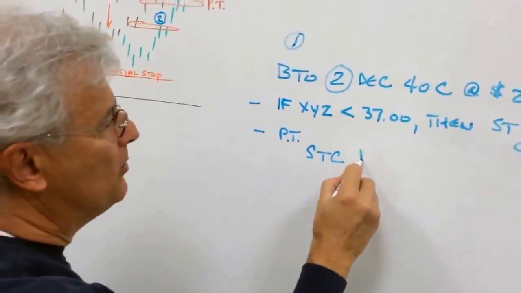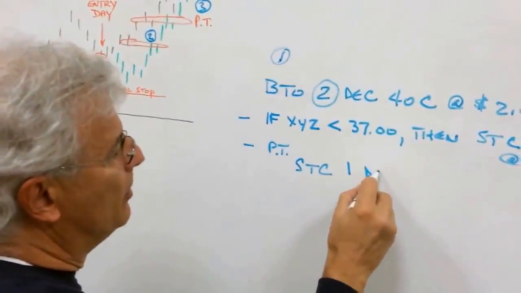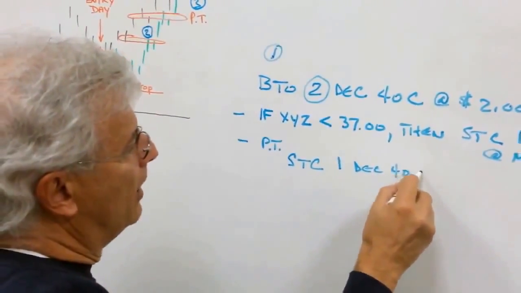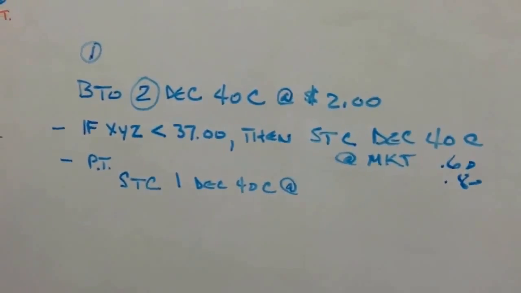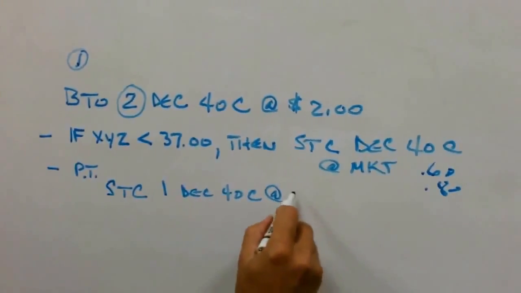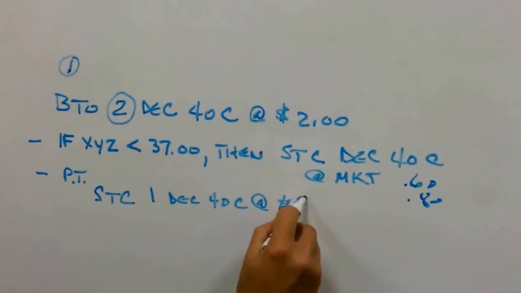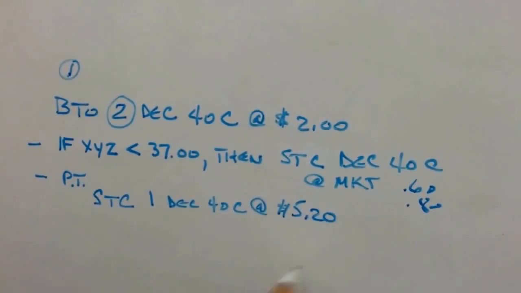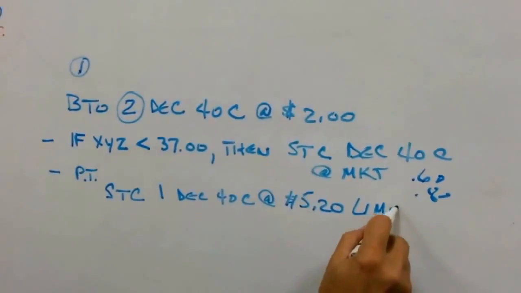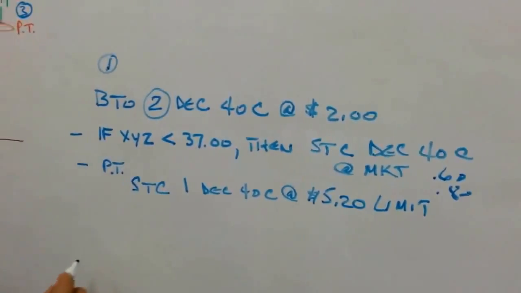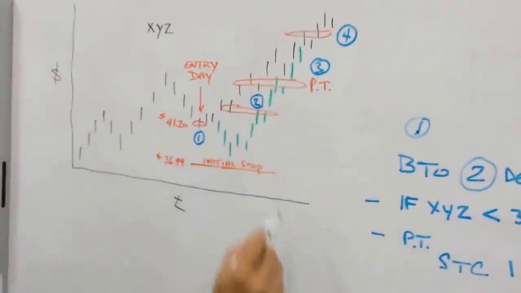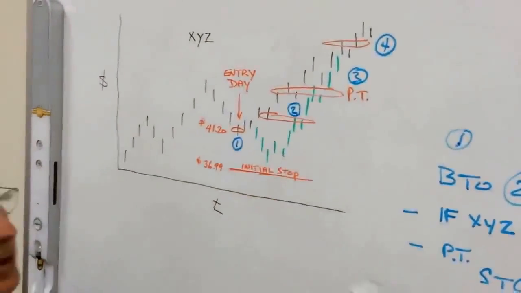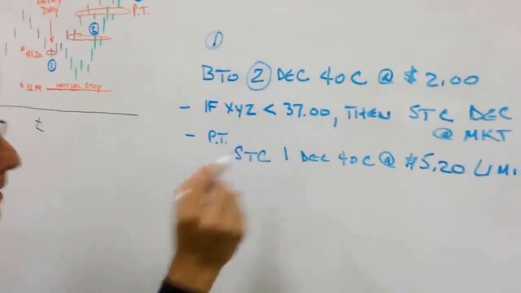We're going to sell to close 1 contract, December 40 call, at a predetermined profit target calculated by the software. Let's say that's around $5.20. That's kind of typical. Limit. So if the market trades up to that level, where the option gains in value to $5.20, we'll get filled